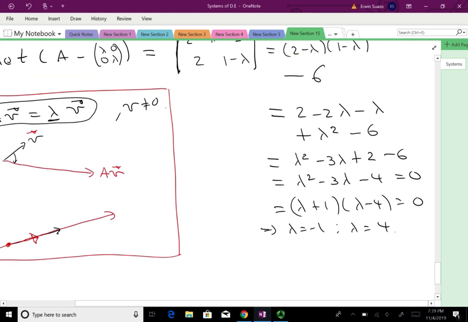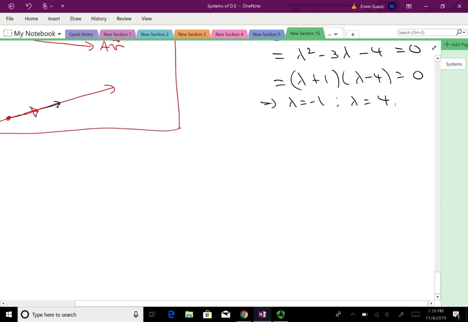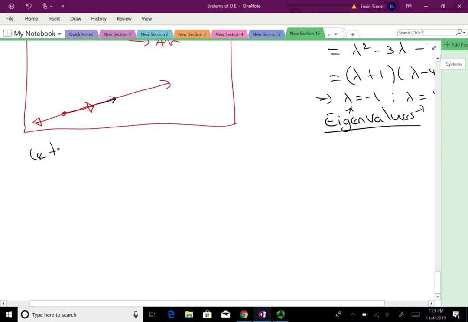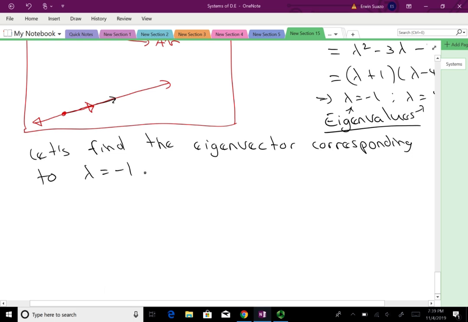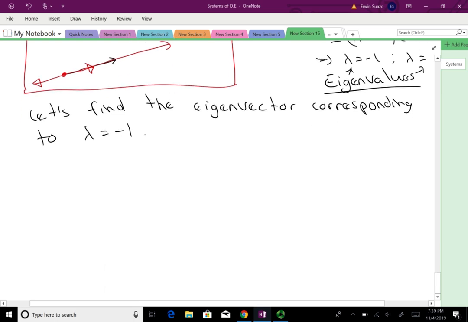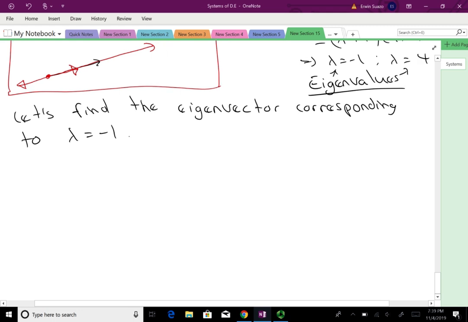So I have my eigenvalues here. Now I need to find my eigenvectors. So let's find the eigenvector corresponding to lambda equals minus 1. So if you have lambda equals minus 1,